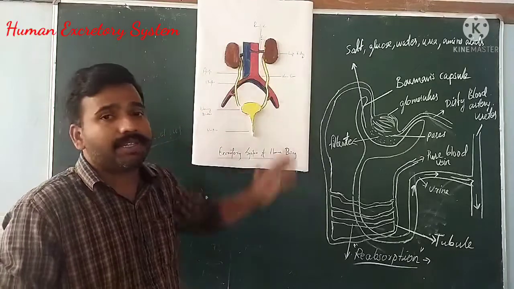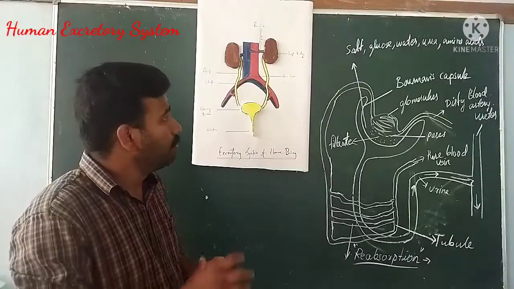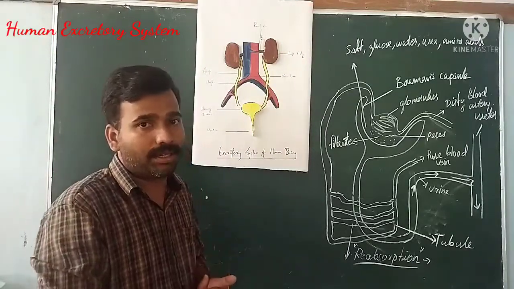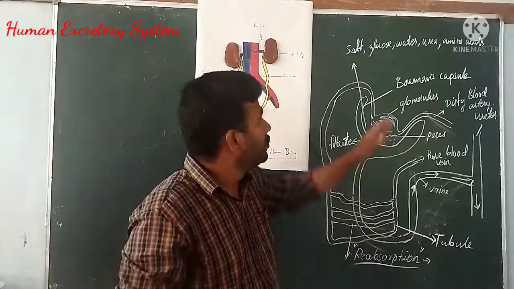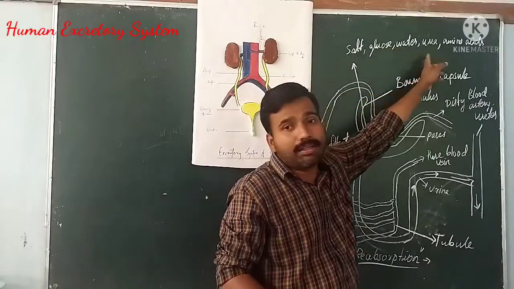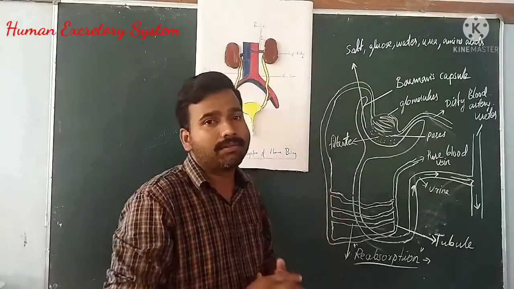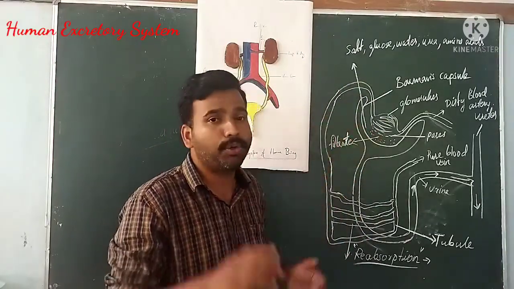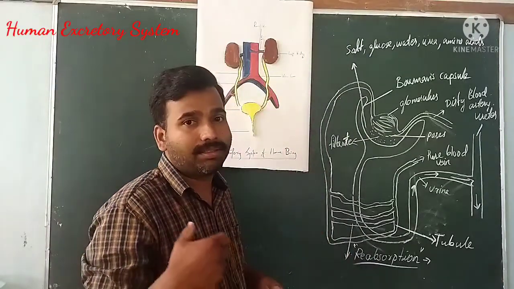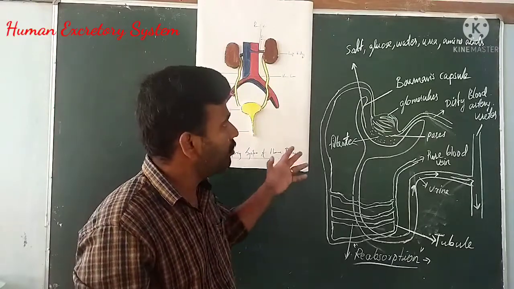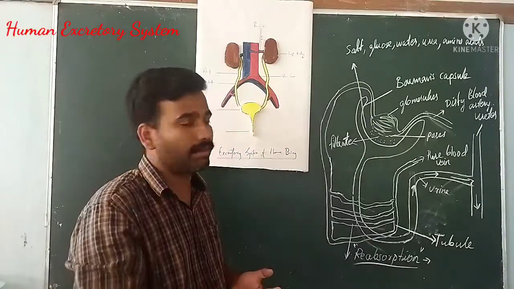The right and left kidneys perform almost the same function. They help to filter the blood. There are a lot of materials being carried through the blood, such as salt, glucose, water, urea, amino acid, uric acid, etc. Some substances are very essential for us, but some substances like urea and uric acid are nitrogenous waste. These are unnecessary and not required by the human body. High amounts of these waste materials can't be tolerated, so we need to excrete them out.